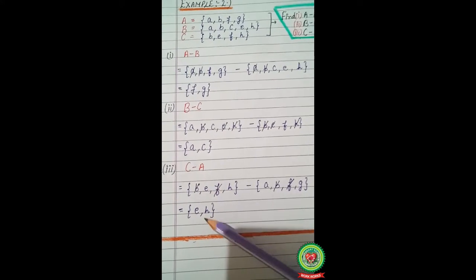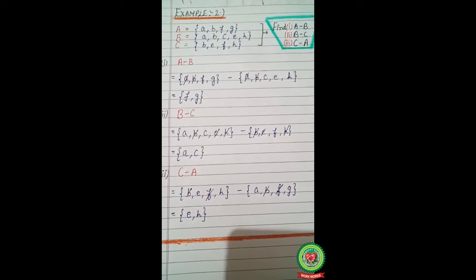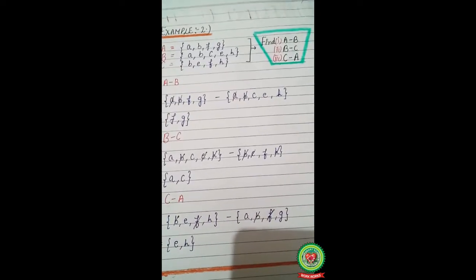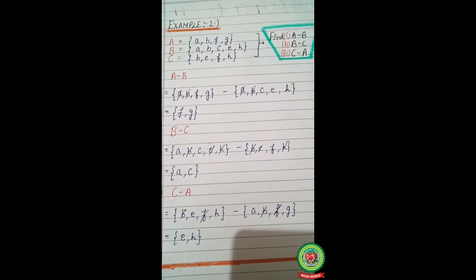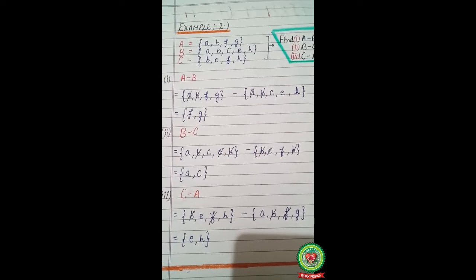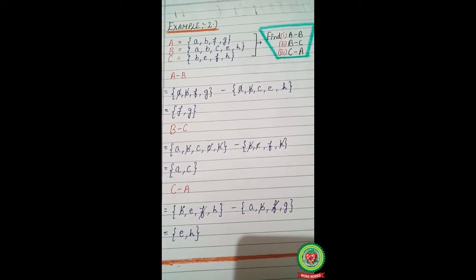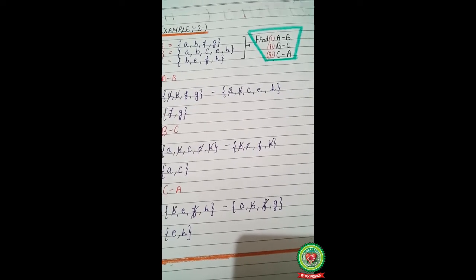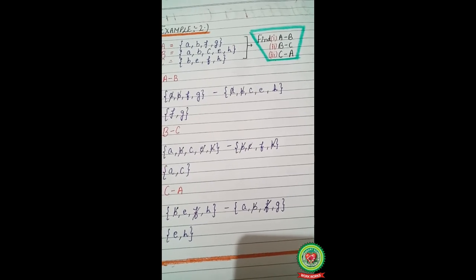Clear? This was a very simple example by which you can solve many more questions related to this example and the previous example, in which 2 sets, 3 sets or many more sets will be given to you, and you can find the difference between the given 2 sets or more sets easily, right? So students, I hope all of you are now able to do the related worksheet that has already been sent to you in your SNAP homework.